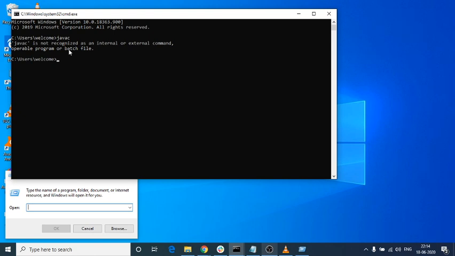See, there is a message: javac is not recognized as an internal or external command, operable program or batch file. It means in your system Java is not present. So first you need to download the Java software, nothing but JDK.